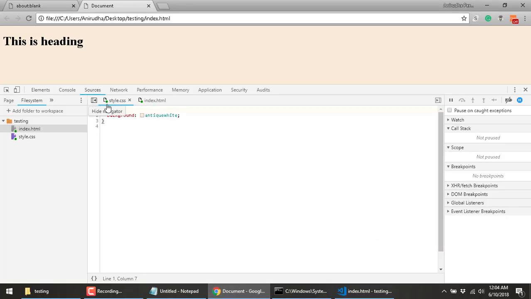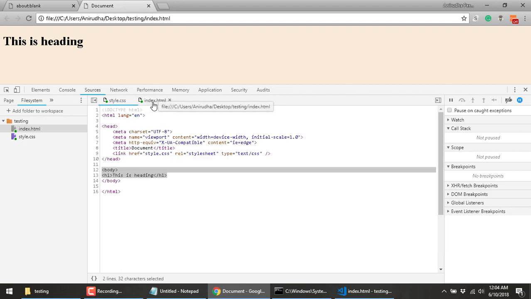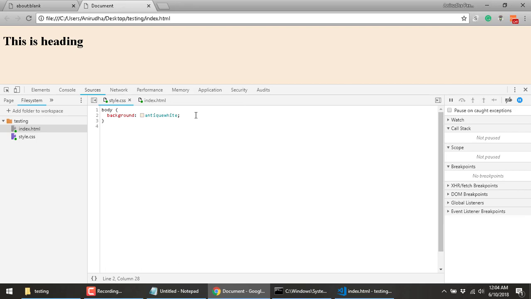Okay, so this is how we get CSS. This is the background property, and for learning purposes, you can use this tool to practice your